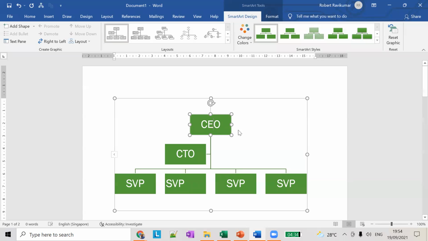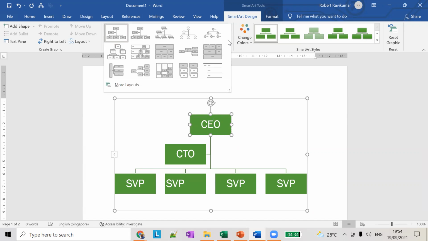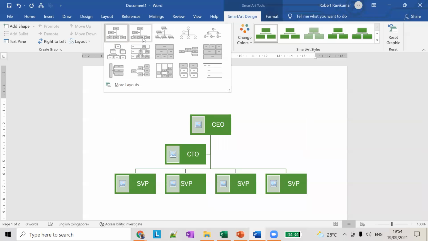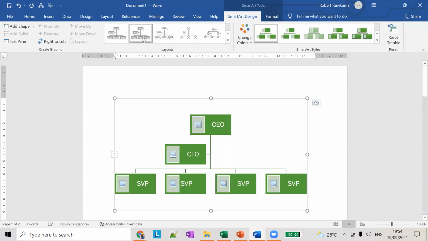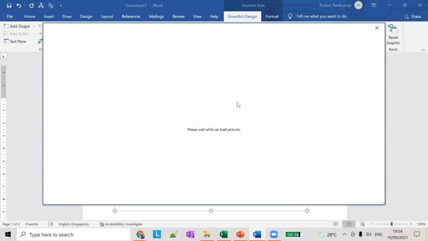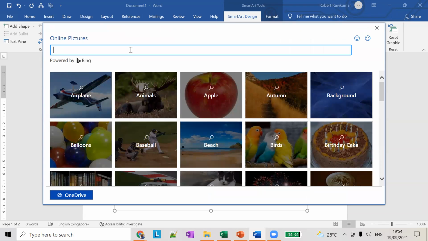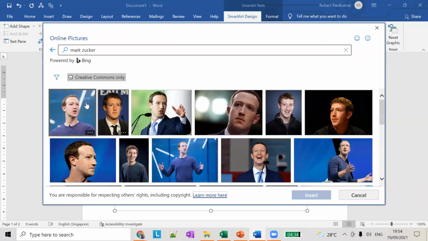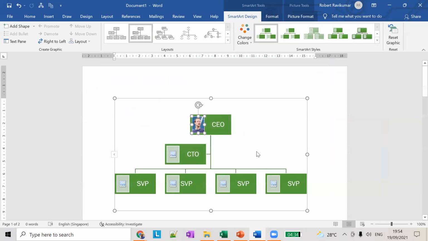Okay, so here if you see, right, layout and design changes. So if you want to edit a smart art, right, so let's say I don't want this basic smart art. Okay, so I just want to give a different hierarchy chart. So let's say if I want to add a picture organization chart, right, I can do it. I can choose and change it to a different picture. So if I want to add the picture of a CEO, let's say Mark Zuckerberg. Okay, so if you want to add this guy's picture, you can add it like this.